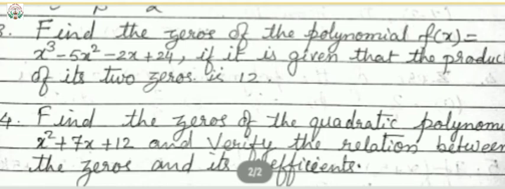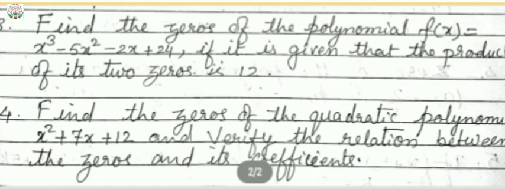So put there 12, and then alpha minus beta whole square, alpha square plus beta square you will get. Okay, and because you got the value of alpha plus beta also. Clear? And now after getting that, find the alpha minus beta whole square formula, and that will be equal to alpha square plus beta square minus 2 alpha beta. So now put the values of alpha square plus beta square from the above equation. Okay, and then simplify, you will get the value of alpha minus beta. So that is another equation.